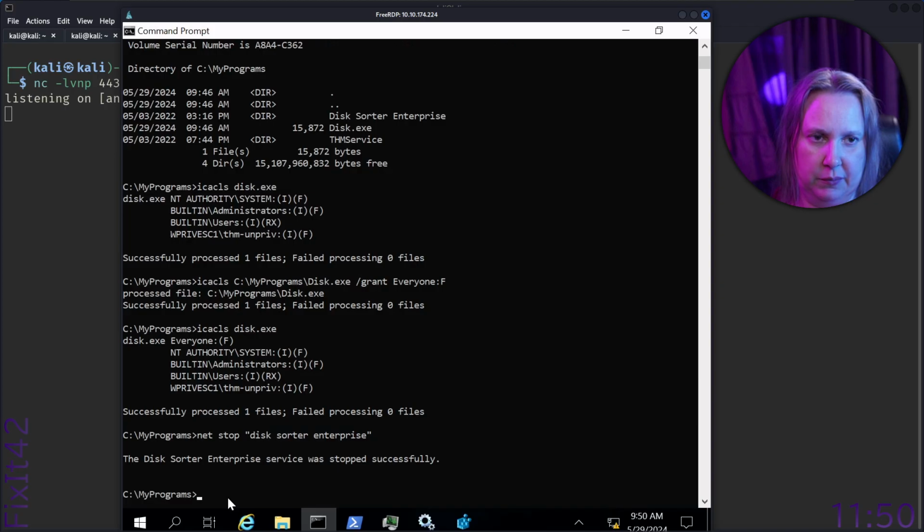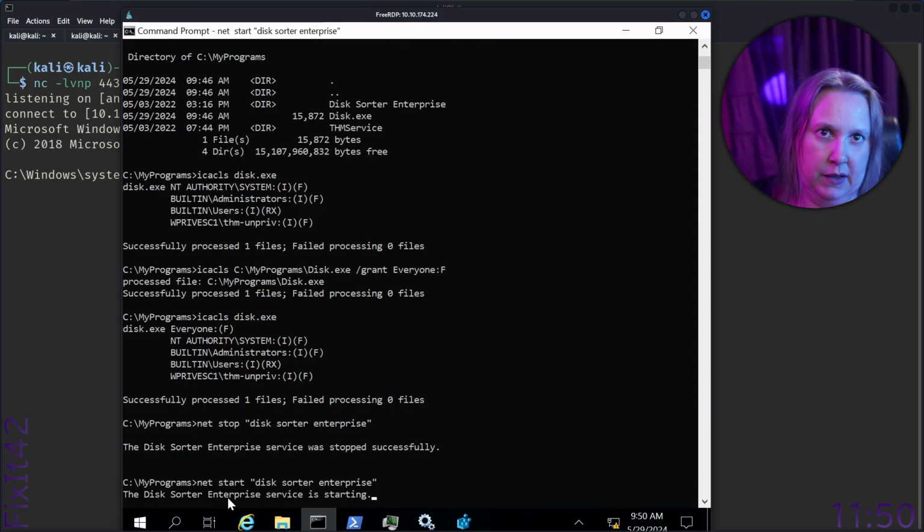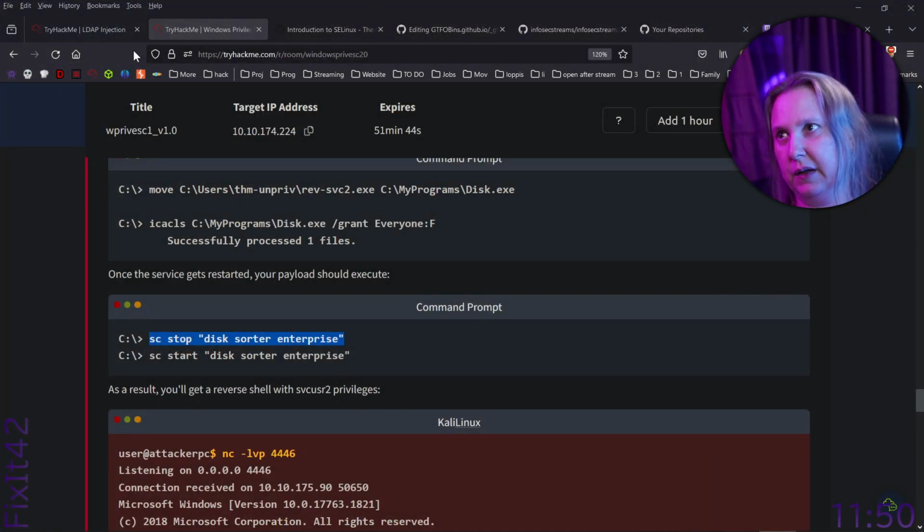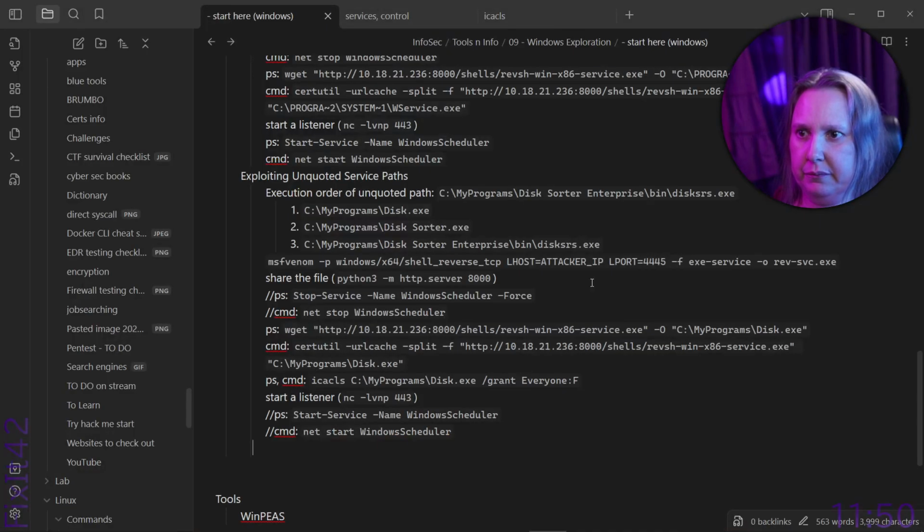So now we stop the service, and in this case, this works because we didn't overwrite the file. I should probably make a bug report on this room, and there it works. So let's update the notes because we don't really need the commented lines,